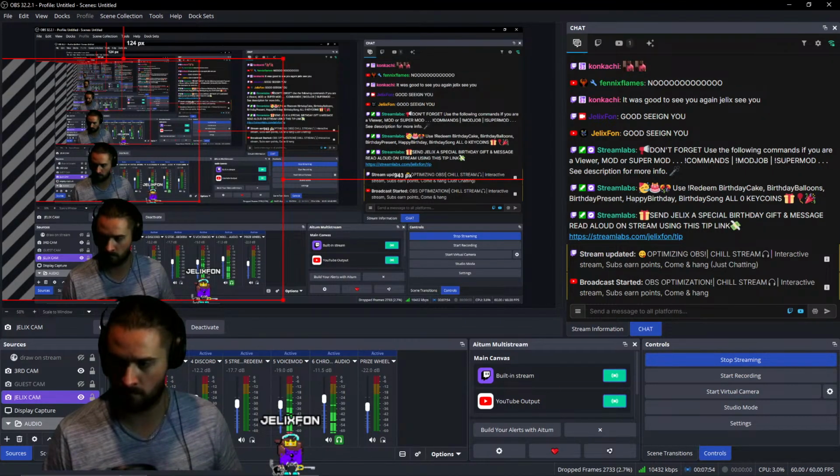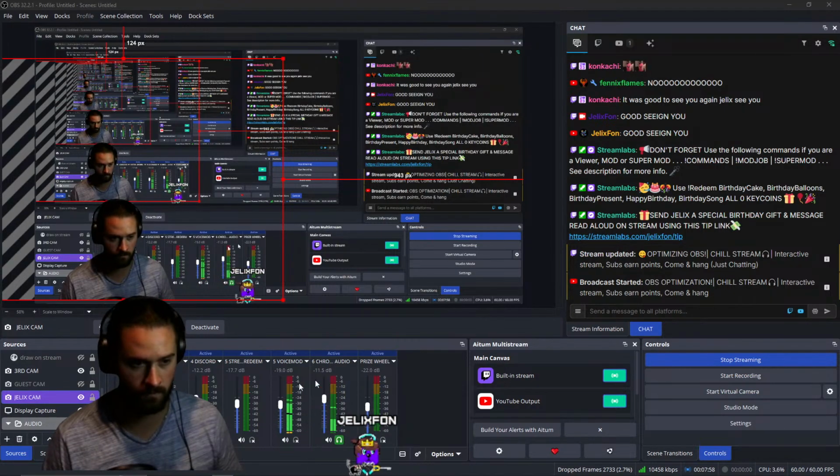So if you right-click the scene that you want to work on and go into filters, I've added a few example move source filters so you can see how they work. And you'll notice that